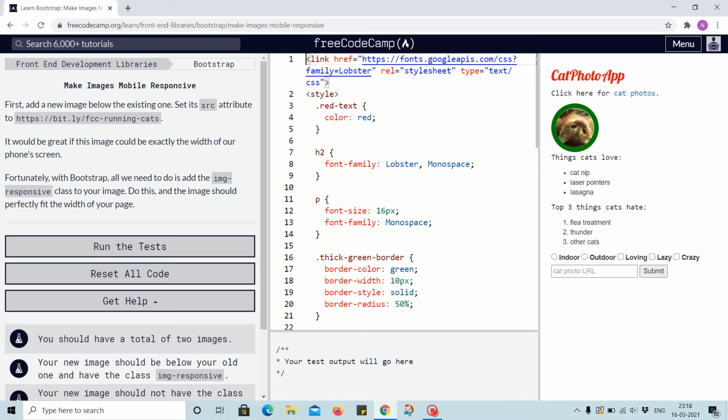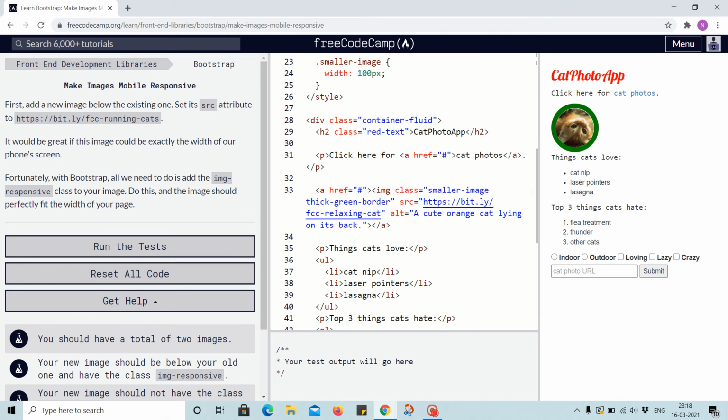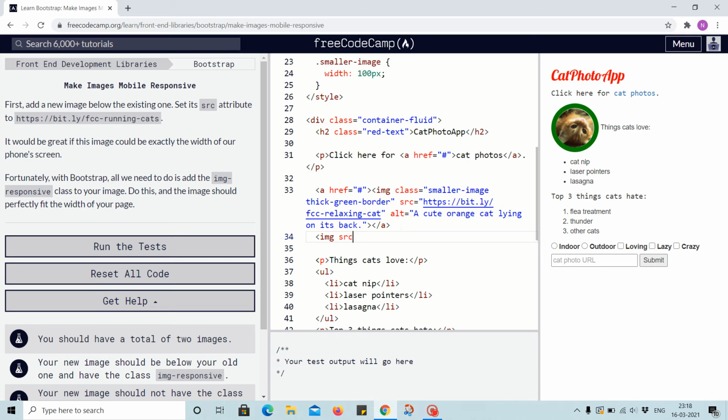Make images mobile responsive. First add a new image below the existing one. Set its source attribute to FCC running cats. In this case we have an image, and add a new image below the existing one. Okay, image source equal to